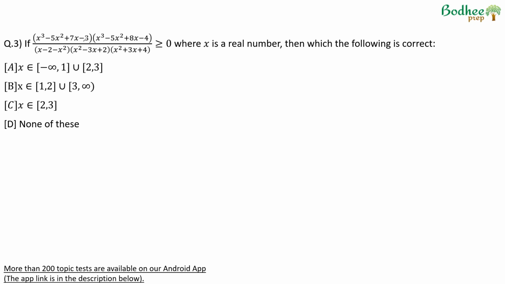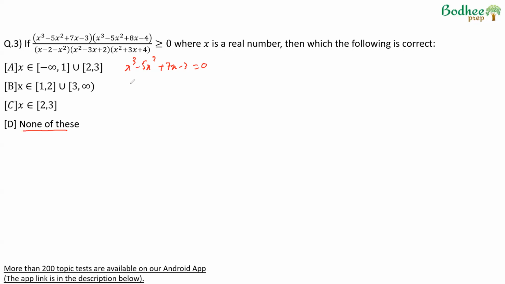Here we can take a large value of x and put it. But the only problem is there is none of these options available. So therefore, we might not get a sure shot answer. We might be able to eliminate options, but we cannot be sure that the answer left is a sure shot answer. Therefore, you're factorizing for the first one, x cube minus 5x square plus 7x minus 3 is equal to